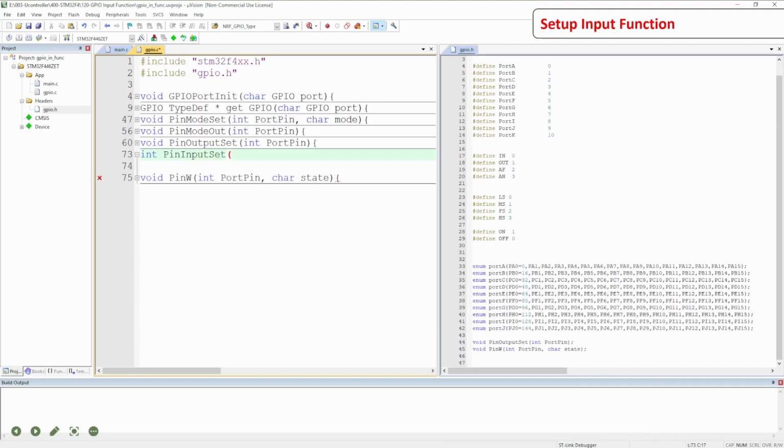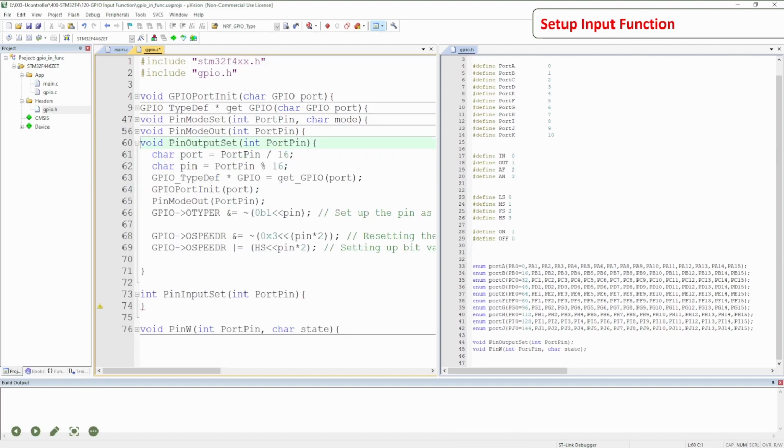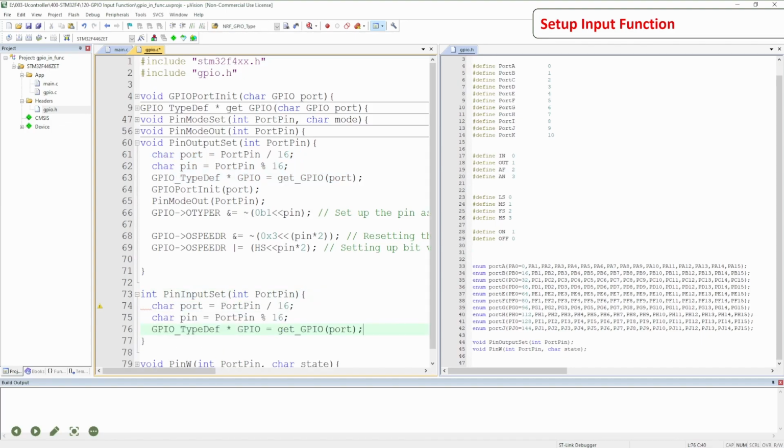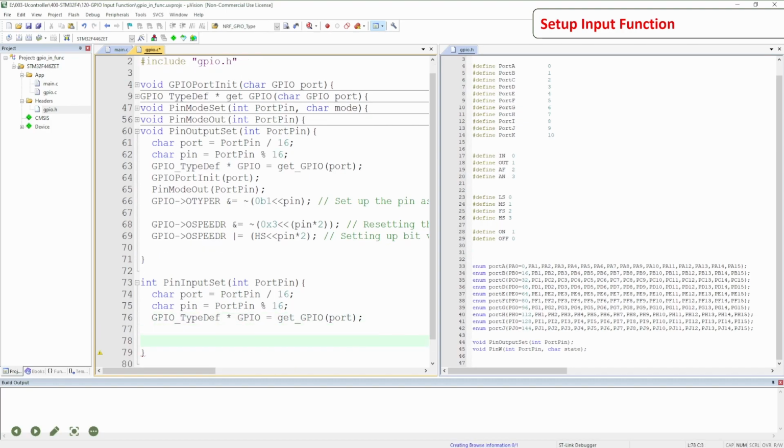Again, the only input for this function will be just the port pin as usual. And let's create the function. We are going to use exactly the same thing, so those are the preparation that we need. Let's bring this one like this, and there's an error somewhere. Let's check. So here pin input set, and let's check what the error is. The function does not return a value. That's clear, and we can put the return here. We can add it later on, but we need to have a return. So we put return 0 here just in case,